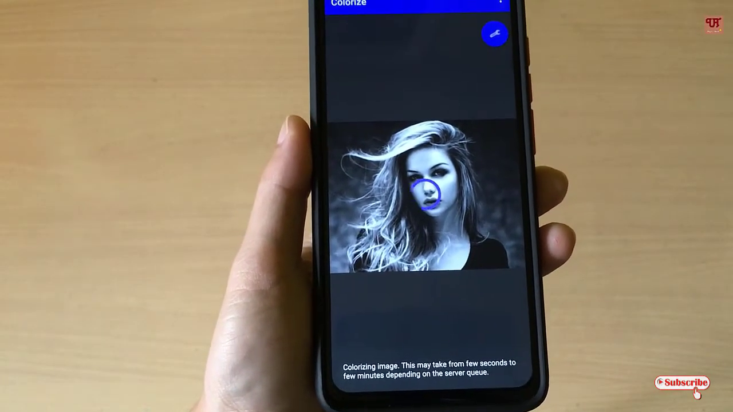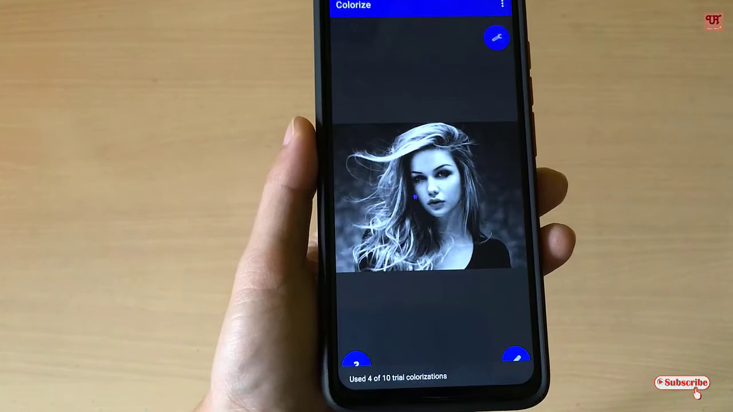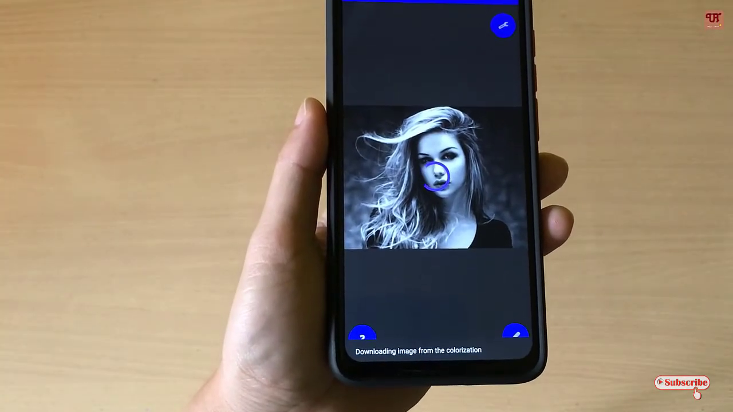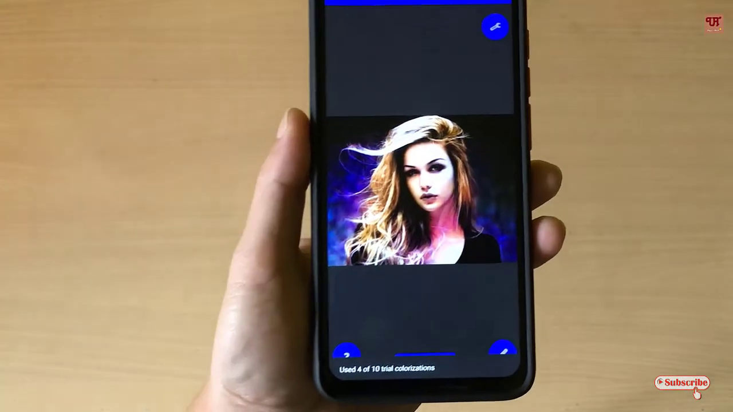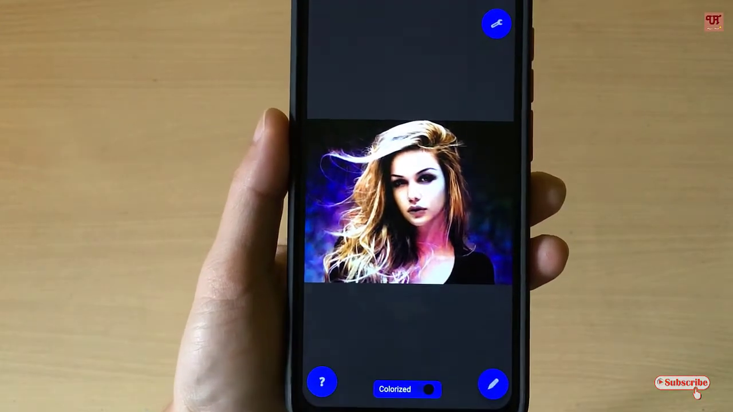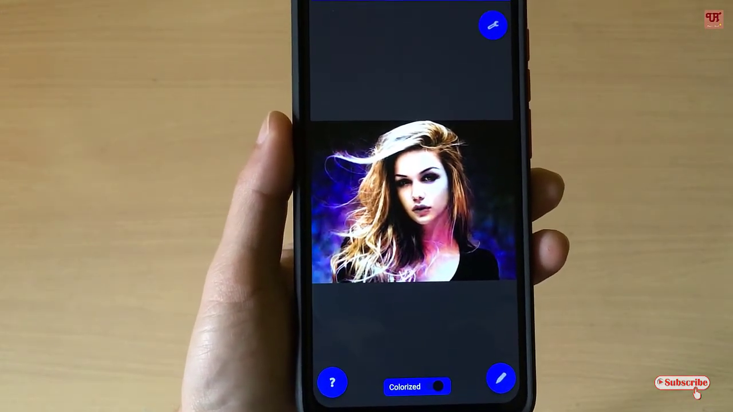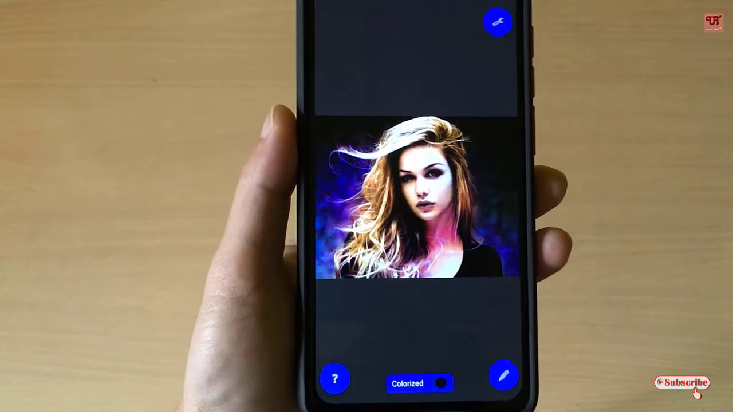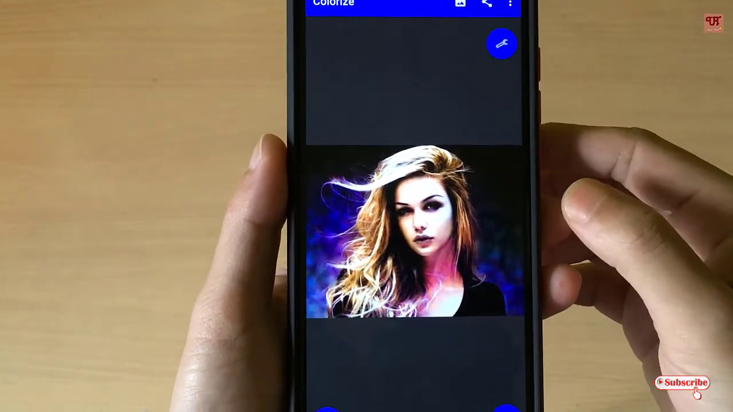Wait for a few seconds until the processing gets complete. As you can see, it's still processing. So you can see in this way the black and white photo completely turns into a colored photo. Once done, you can save it